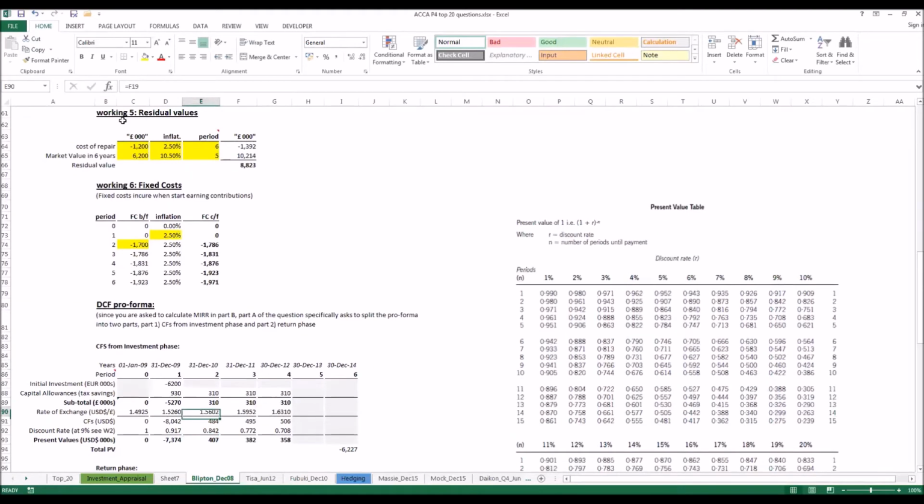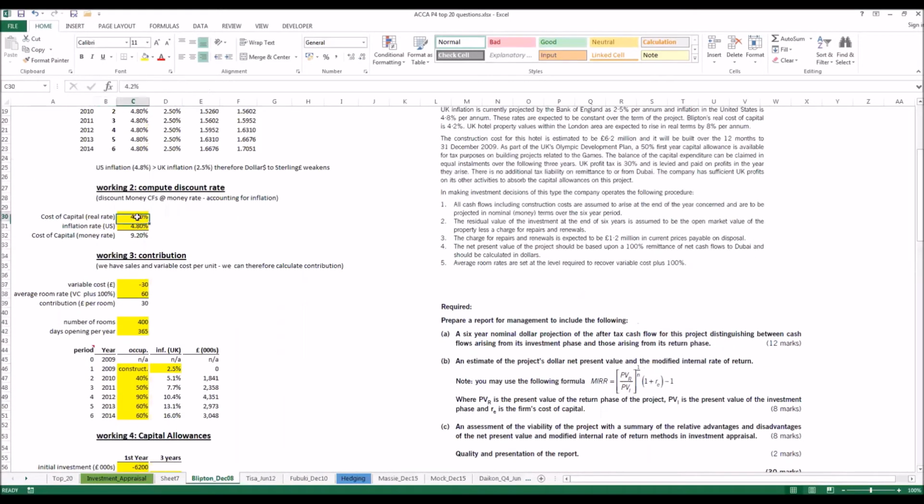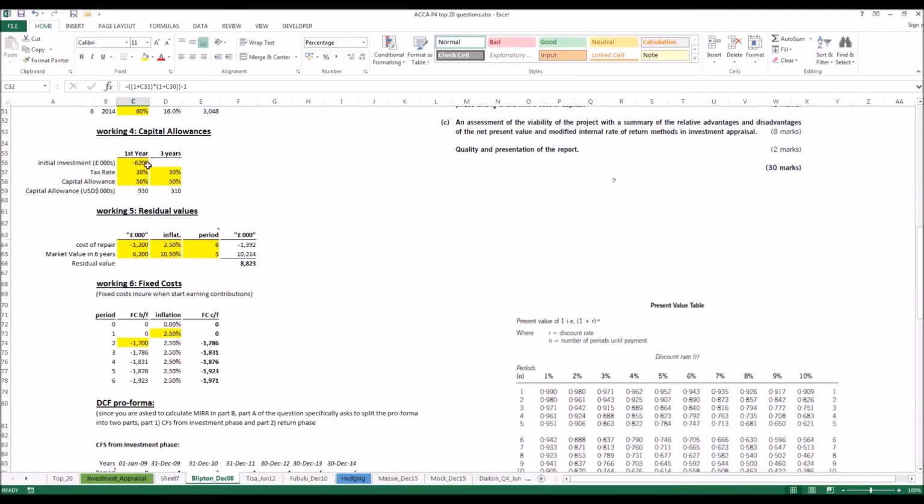So we have the exchange rates, then we have the cash flows in US dollars by multiplying by the new exchange rate, and then we have the discount rates, which were calculated earlier based on 9% in working 2. So in working 2, we had 4.2% in real rate. We built in the inflation rate, and we got the cost of capital in a money rate term. That 9.2% gives us a discount rate